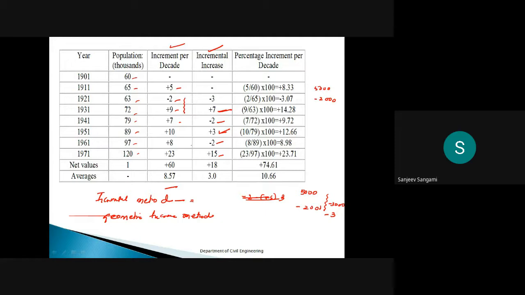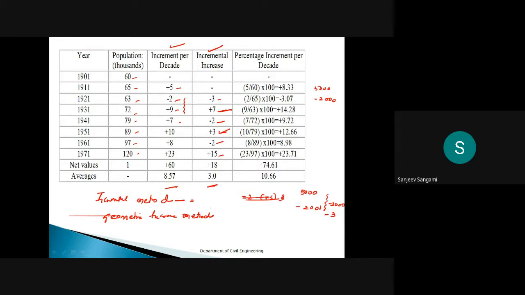Like that, what you have to do is calculate this. See, be careful about the minus and plus sign because it is very important. Initially it was 5000. Then again it is decreased to minus 2000. Then how much is it decreased? 3000 it is decreased. That you have to calculate. Then initially it was 2000. Then how much is it increased? So 7000 it is increased. Like that you have to prepare this column also.